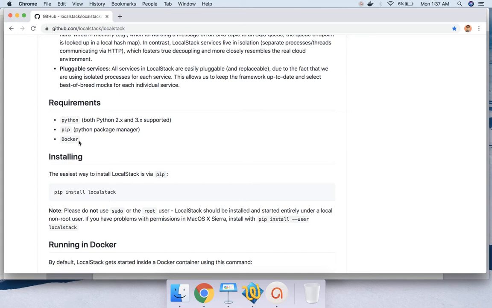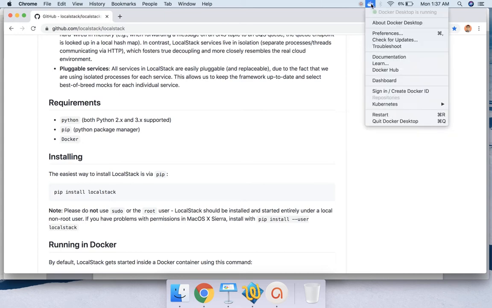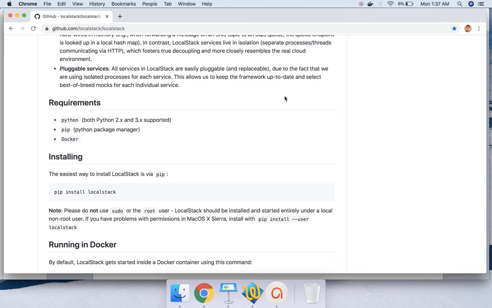My operating system is Mac OS, and I have already installed Docker, which you can see is running over here. If you don't have Docker already, I'd suggest you first install Docker and then follow the rest of the steps and install Python. Though Python usually comes installed by default, if somehow you don't have Python on your system, better you install it as well.